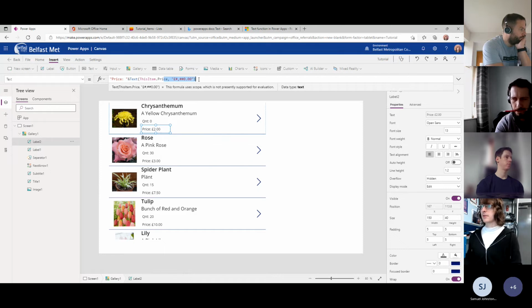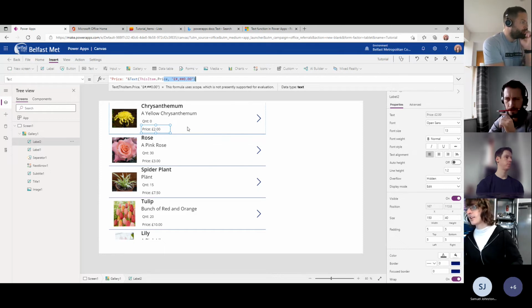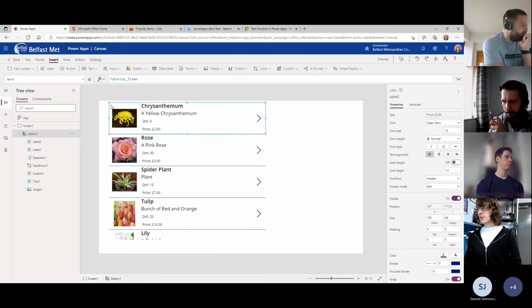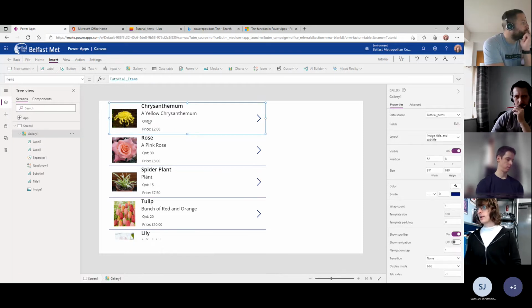Oh, well, I screwed it up anyway. But you see what it did there? It just removed all the full stops. And I suppose we may as well just quickly look at filtering while we're here, because we have